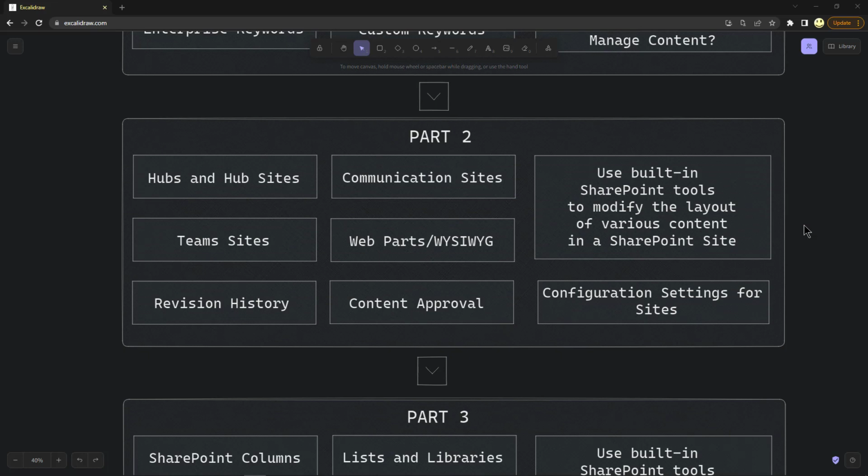Part two, we'll get into a little bit more details about creating communication sites and team sites, and I'll be using a new SharePoint site that I set up for the purpose of this video series. And I will also create hubs and hub sites and show how to link those together. We'll upload a bunch of sample documents, and within 24 hours we'll go ahead and do some searches to show